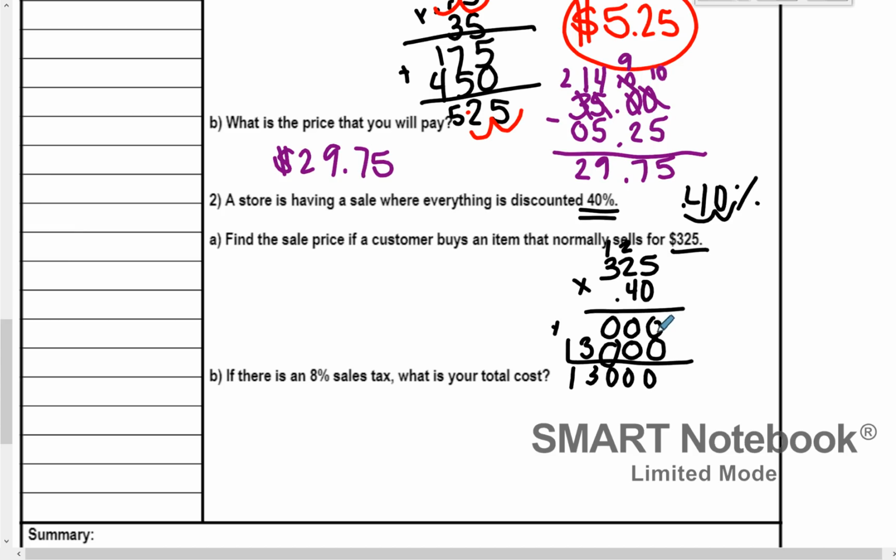Go back up to my problem. I say how many decimals do I have? I have 1, 2, so I have 1, 2. This becomes $130 is our discount. Okay, so my discount